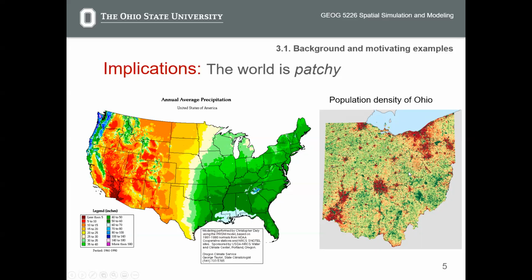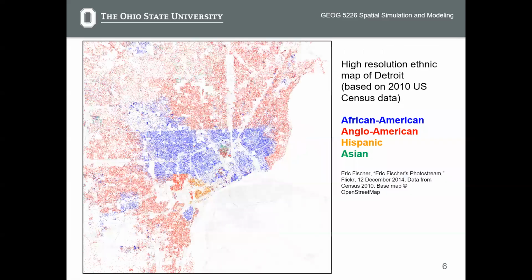The word is patchy. You can consider each cluster as a small patch. You can consider those areas with similar levels of precipitation. They form a patch, right? They form a patch. And here, another example, high resolution ethnic groups of Detroit in terms of different, of course,